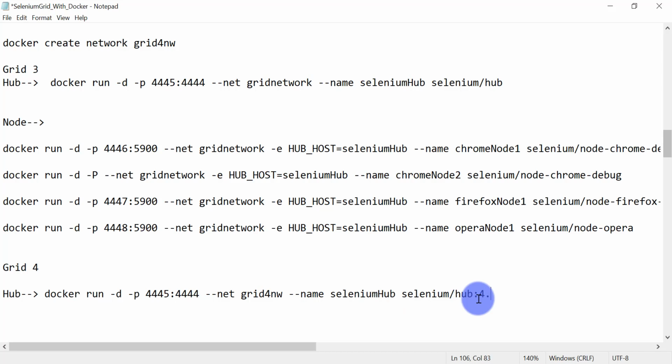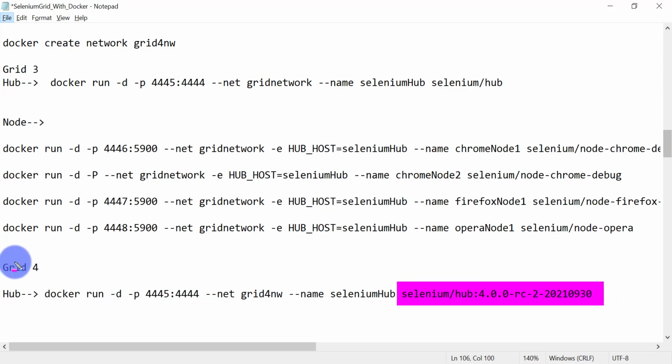Make sure you give the correct tag here, otherwise you will face an error. The tag is 4.0.0-rc-2-20210930. This particular Selenium Hub image we are going to use for creating our Selenium Grid 4.